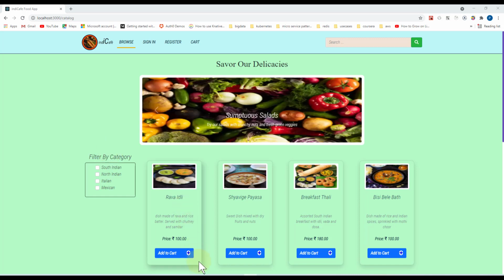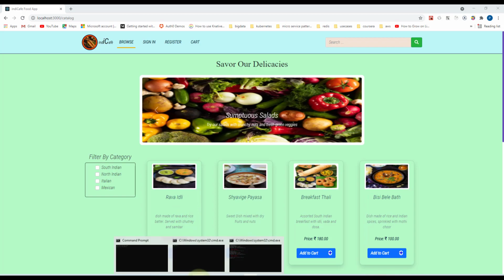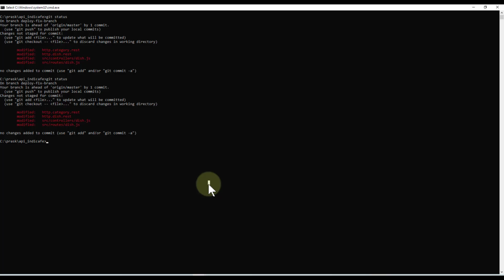All right, I'm going to head over to my API repository. So right here, if I do a git status, I get to see all these changes which are ready to be checked in. And unlike the last time, this time I'm going to create a script which will automate the process of checking in, creating the branch, and then of course pushing